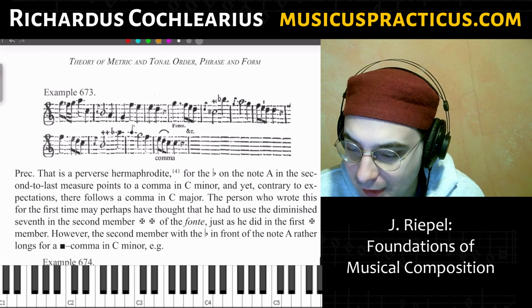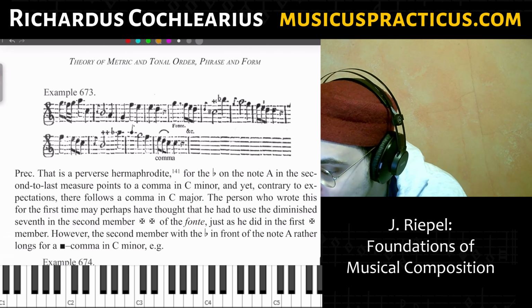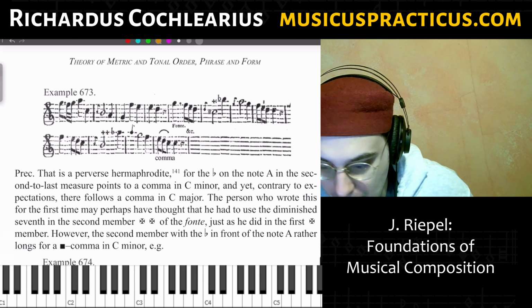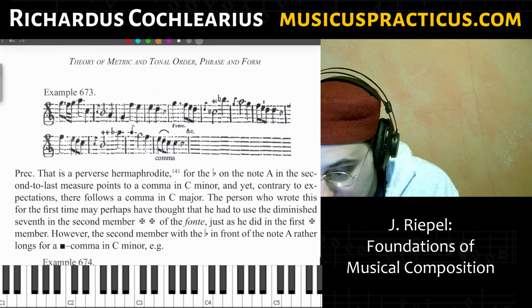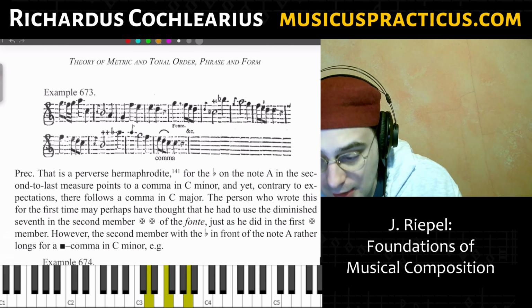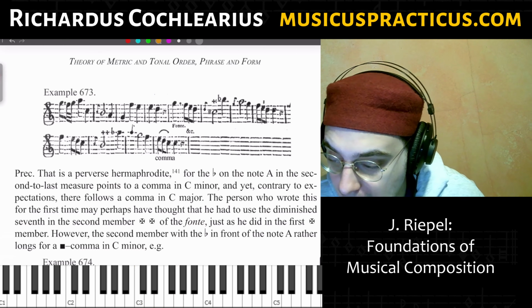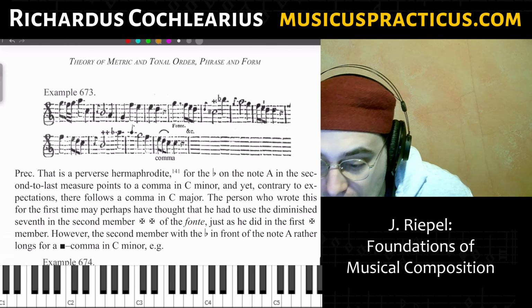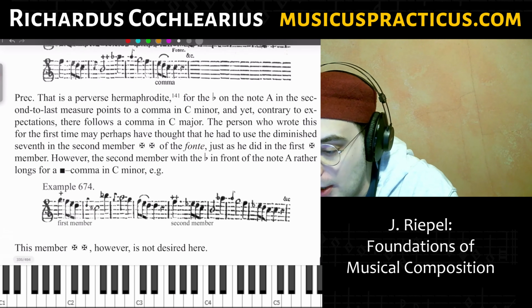The person who wrote this for the first time may perhaps have thought that he had to use the diminished seventh in the second member of the fonte, just as he did in the first member. However, the second member with a flat in front of the note A rather longs for a tonic comma in C minor. And so he says